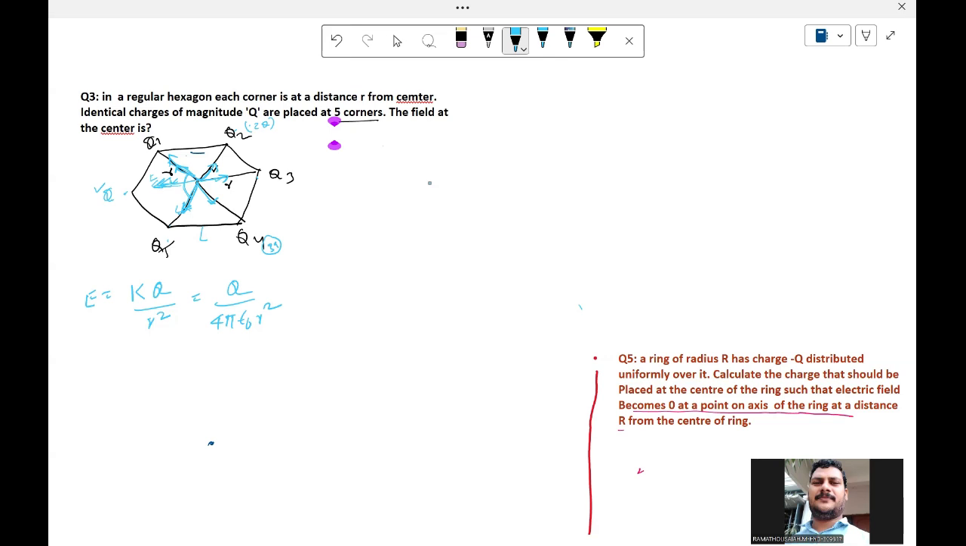Otherwise, here in place of 2Q and 3Q, the alternate charges are negative. So the same regular hexagon, 6 charges are placed. The charges are equal, but alternate charges are negative. So this is another question. Here you take a hexagon, or you can take a square, rectangle or equilateral triangle. This is plus and here. So the field at the center is to be found. These are the same charges, right? So due to